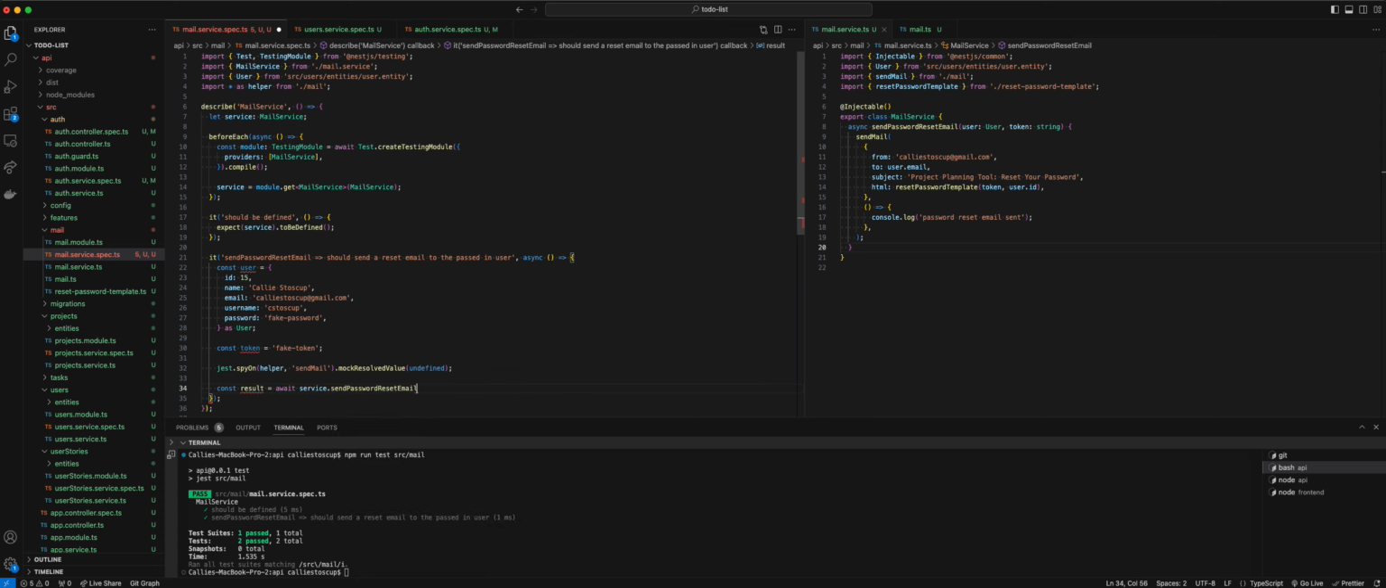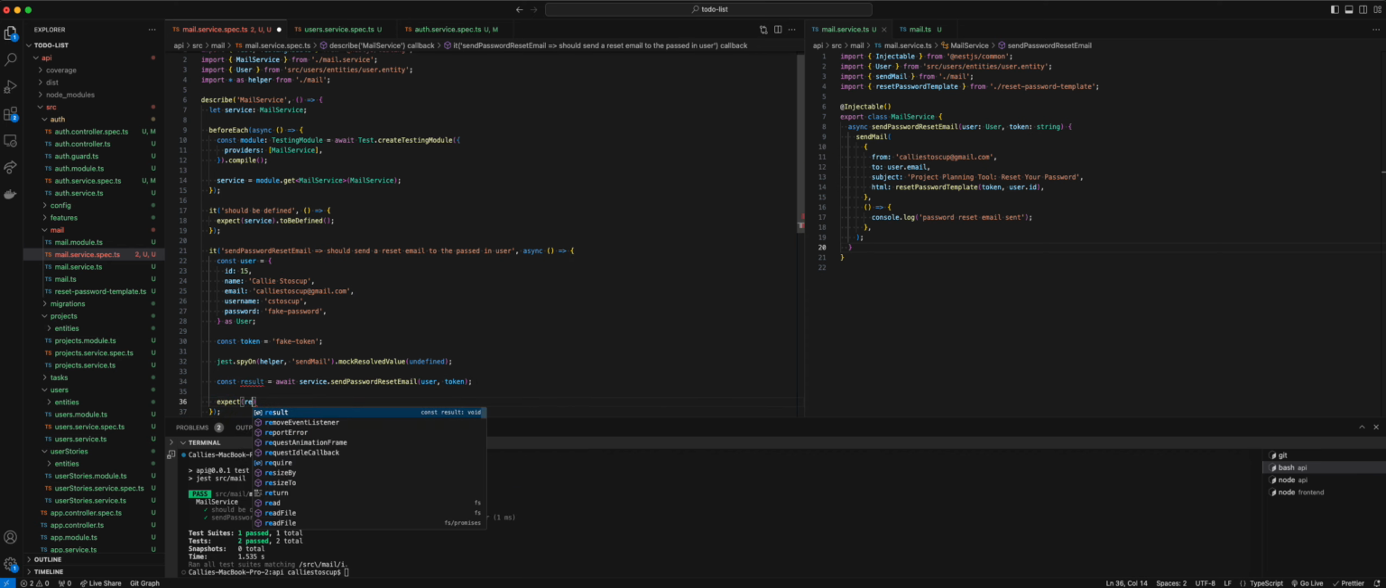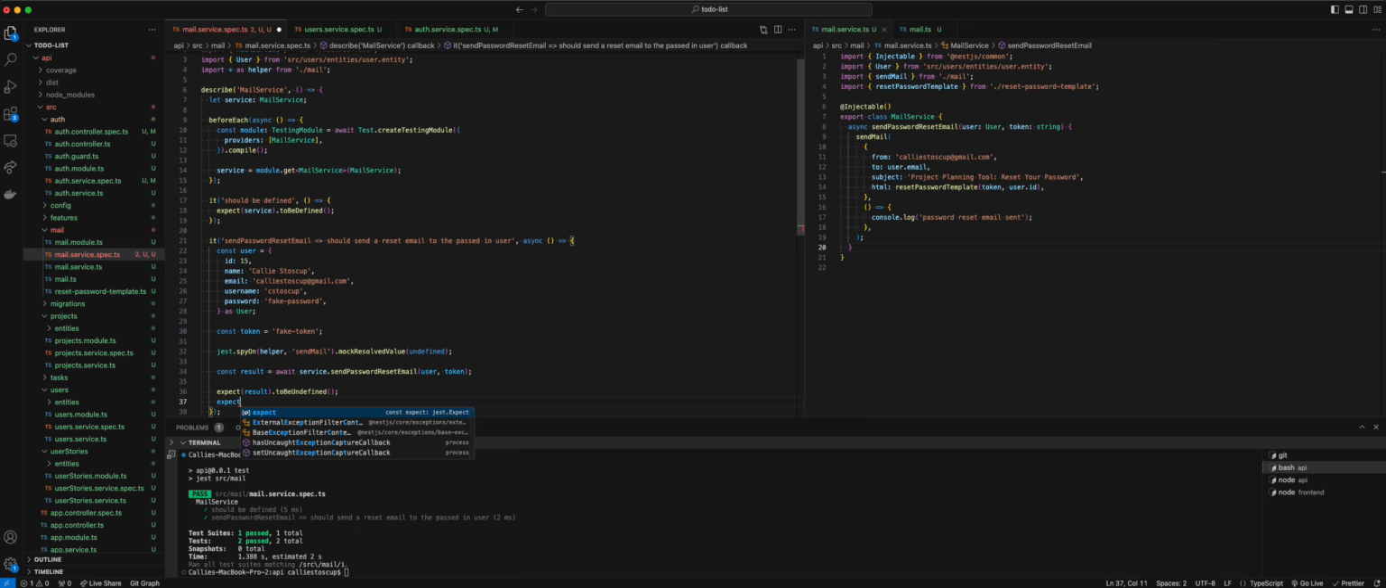Okay, so next we can actually say const results is equal to await service dot send password reset email, and then we're going to pass in the user and the token. And then the first thing is we expect that result is going to be undefined. All right, let's run the test. And it passed, perfect. So now the more important part of things is that we expect helper.sendMail to have been called, and we expect helper.sendMail to have been called with